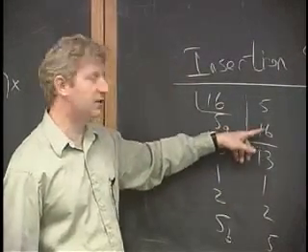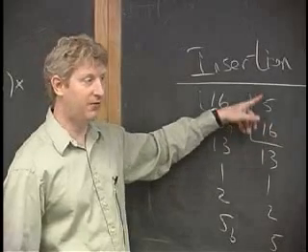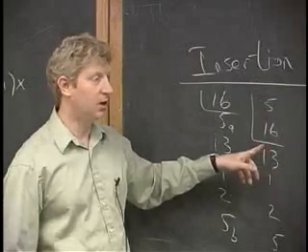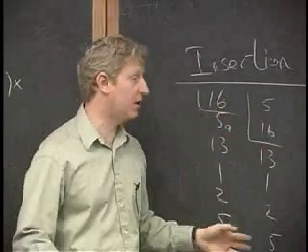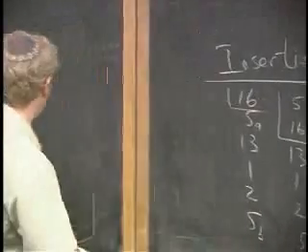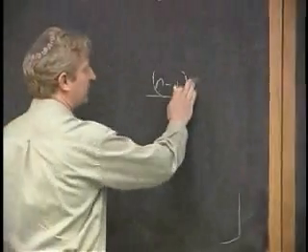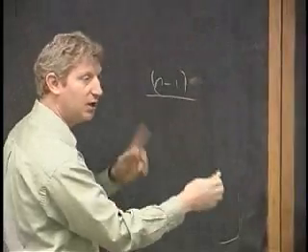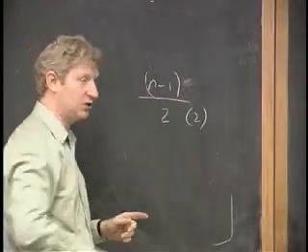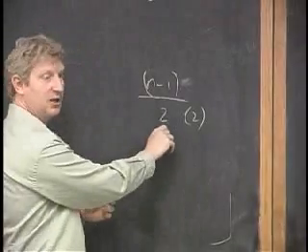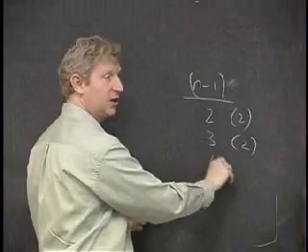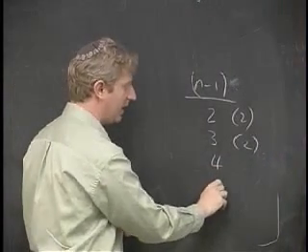We'd have to compare 13 to 16 and 5, right? And then we'd have to shift down possibly 2. The shifting is going to, at worst, double the comparison, right? So that's not going to be too bad. So the first phase, we have n minus 1 phases. They're not all the same, so we can't do a multiplication. The first phase is going to take 2 steps, possibly times 2 if we count the shifts. The next stage is going to take 3, possibly times 2. The next stage will take 4, all the way